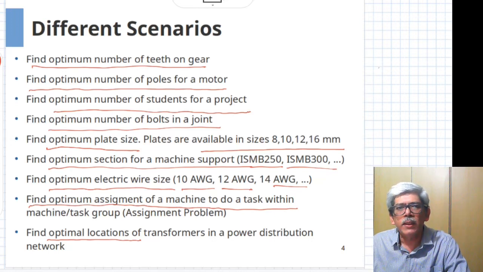Now the question is, how do we find the optimum solution, or how does the solution method differ from that of a real variable problem? I want you to take a pause and think why we can't use a real optimization method like what we have studied till now, a steepest descent method or a random search method, find the real number solution to the problem and simply round off to the nearest integers. So why do you think this method is not used? Why is there a separate topic for integer programming? So take a pause and think why it cannot be done.